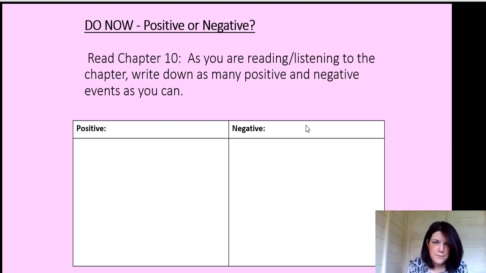So now I would like you to pause the video in a minute and read chapter 10. As you're reading or listening to it, I'll put the link for the YouTube clip in Show My Homework. I would like you to write down as many positive or negative events as you can think of or that you find whilst you're reading the story. So for example, something positive might be someone helps Coraline or she moves forward in her quest or her challenge. A negative might be that she falls over or that somebody hinders her, mainly the other mother potentially, and something bad happens. It's up to you if you want to write them down as quotations or you just want to jot the events down. I don't mind.